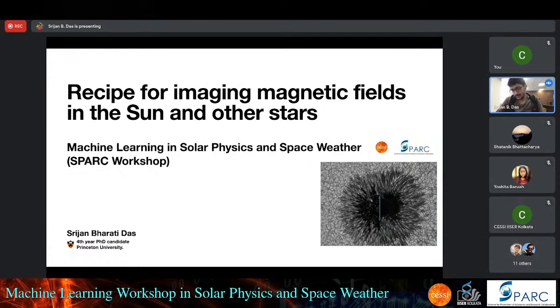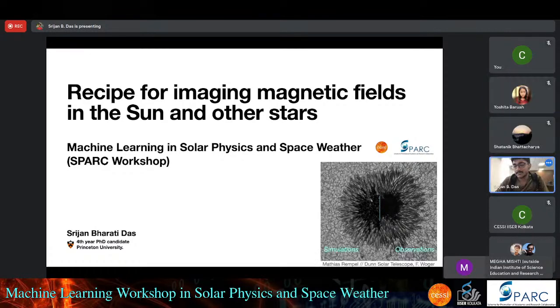So this image that I have in the very first slide is just a demonstration of what people have been able to achieve in terms of simulating a sunspot and how close it mimics what you can observe. So if I do not tell you which of this is, so on the two sides of the blue line is an observation and a simulation, to an untrained eye, it's pretty hard to distinguish. But on the left is what you have from simulations, and on the right is what you have from observations. The fact that you can reproduce the observations this well through simulations is excellent,